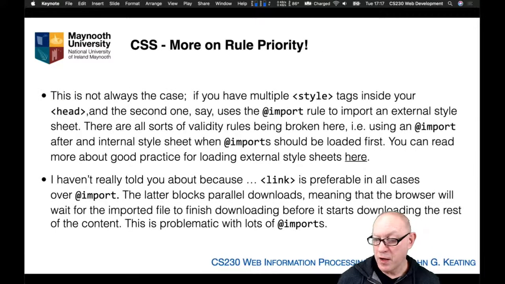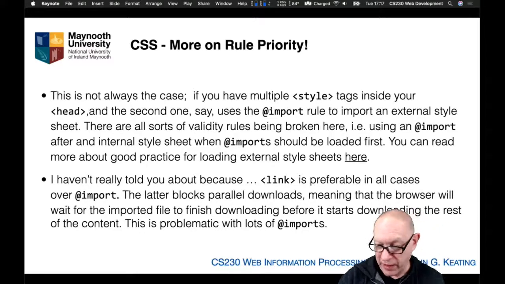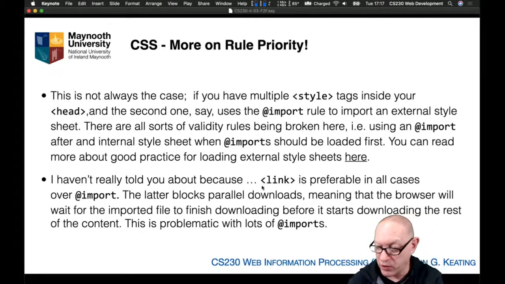Okay, but that's not always the case, because if you have multiple style tags inside your head, the second one, if that uses an import rule to import an external style sheet, there are all sorts of validity rules that can be broken here. So, for example, using an import after an internal style sheet, when import should be loaded first. There are ways to do things, and it's a good idea to look at good practice. I'm going to click through on this one here because it's really worthwhile